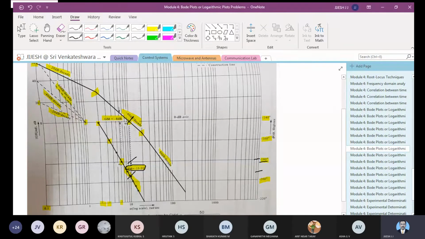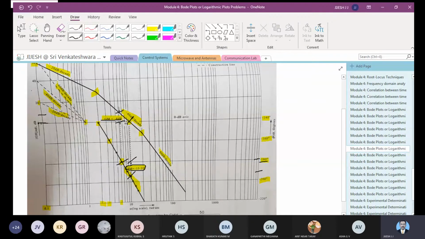See this line, it crosses over at this point. Put the dotted lines upwards, so you will get one point here and another point straight to this, which crosses the magnitude. You know that this is 0 at this point. You can say that somewhere around 8 dB it will come here. This difference is called the gain margin. So you need to find out the gain margin as well as the phase margin.